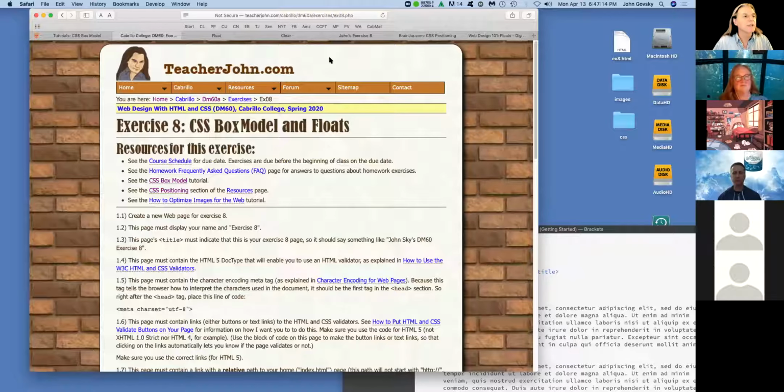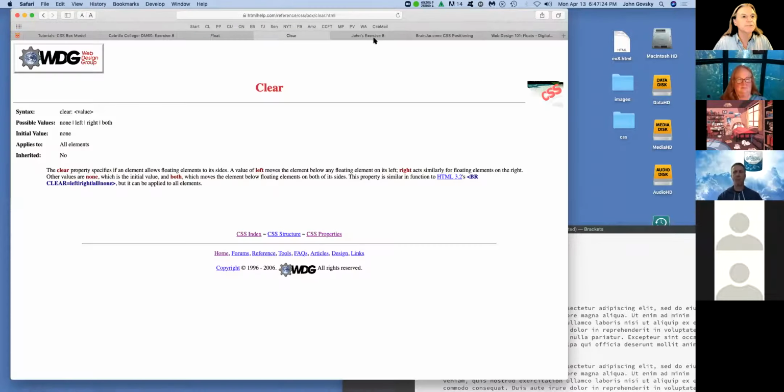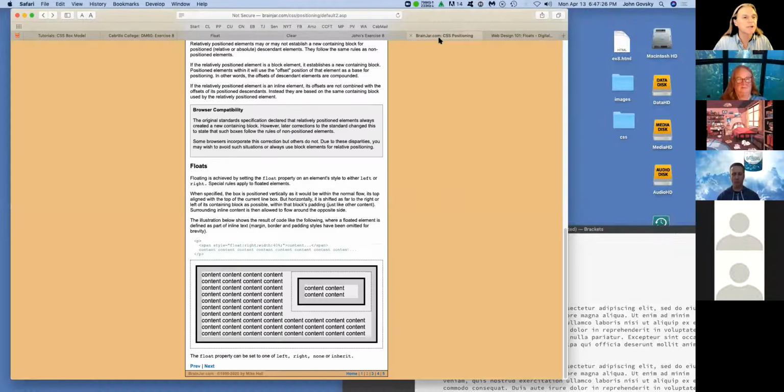Float. Okay, that's its values. Clear. I want that's my start. Oh, here we go. Okay. So